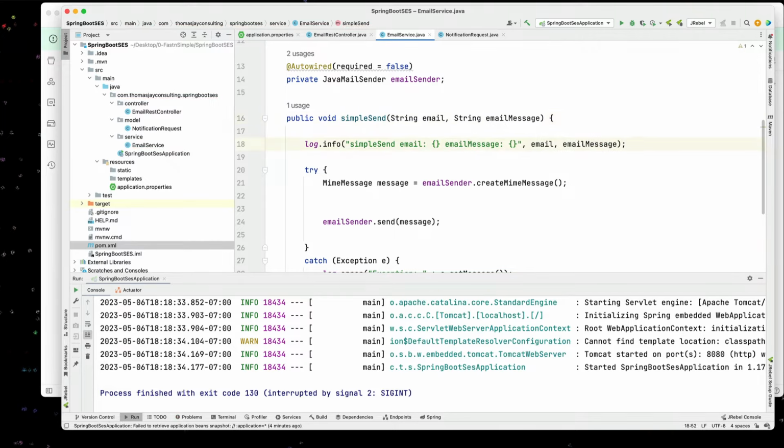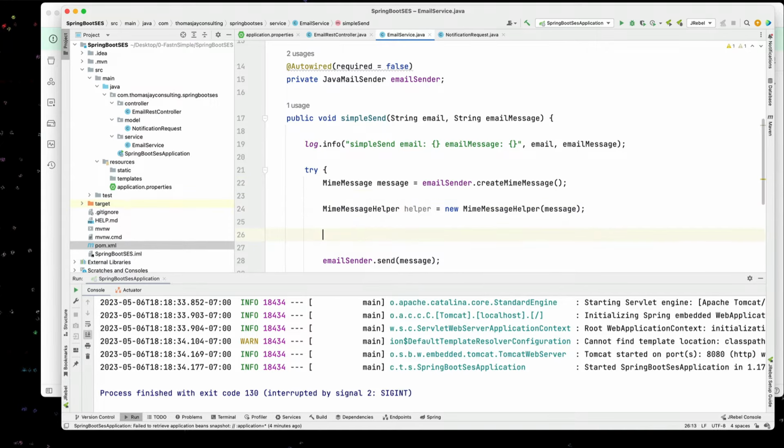Okay. So once we actually create the MIME type, we need to go through and start setting some basic options on here. And Spring Boot has a helper that we can use for this. And in this helper, we can actually start setting information in here